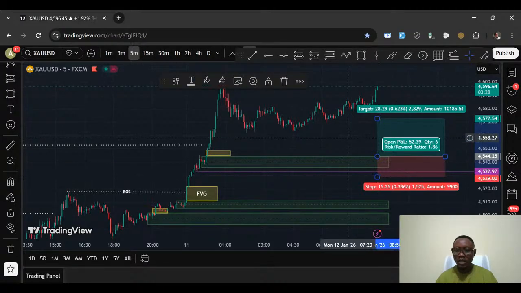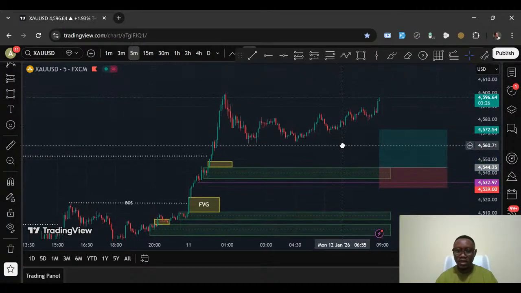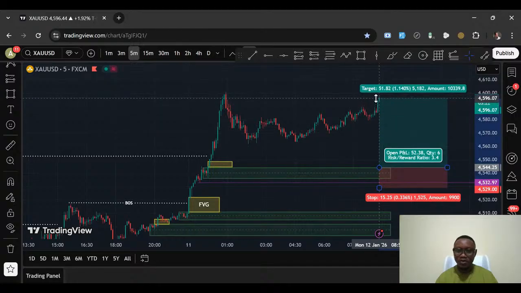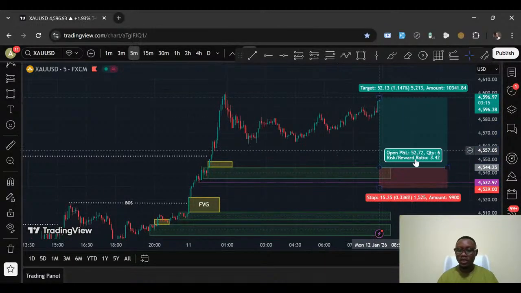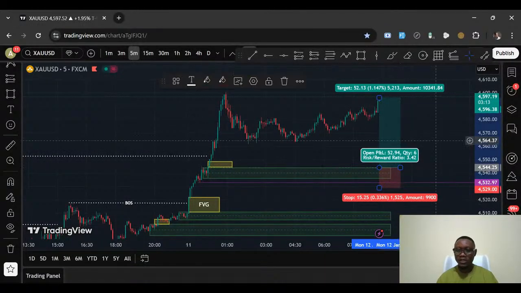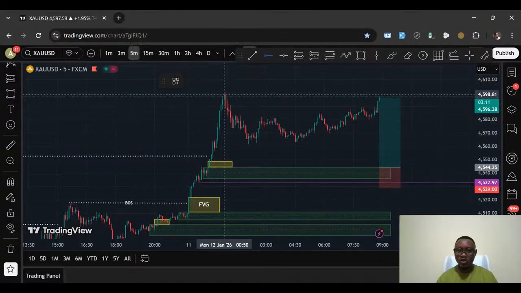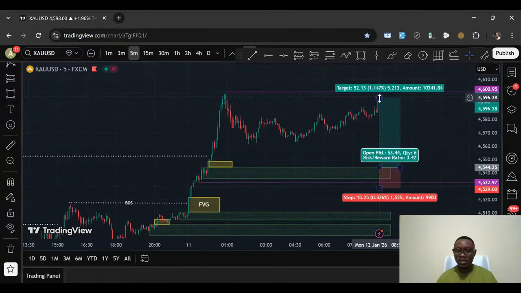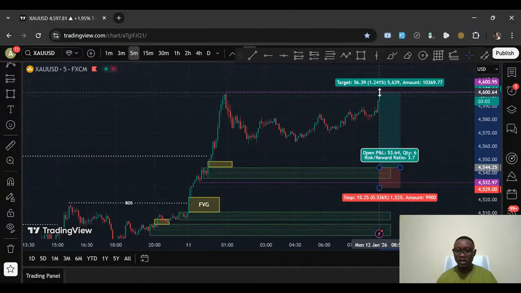Okay. Then your TP for this zone can be at the next swing high. You can just target this. Okay. This is your TP. Again, your TP should be at the next swing level. In this case, this is our next swing level. So this is where I expect to take my TP. Can push price.